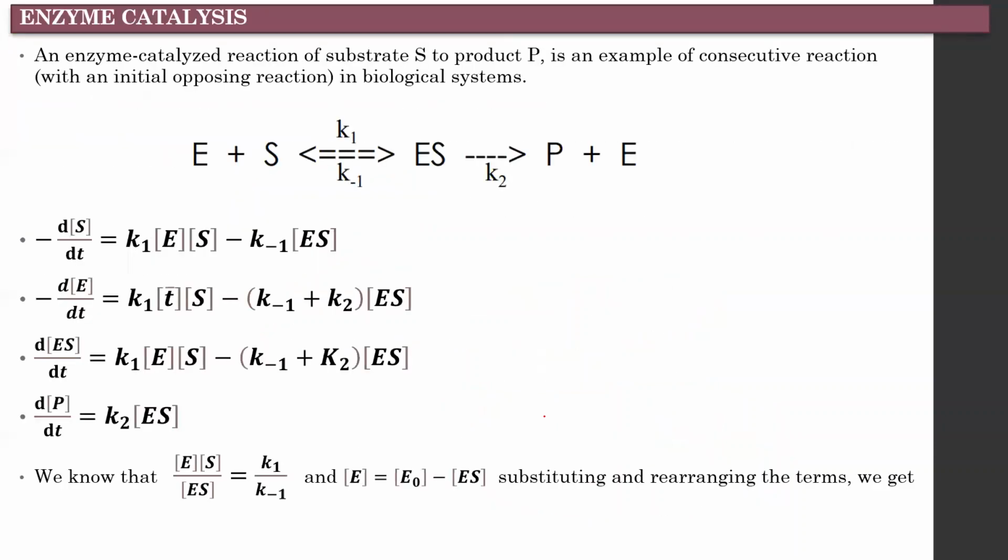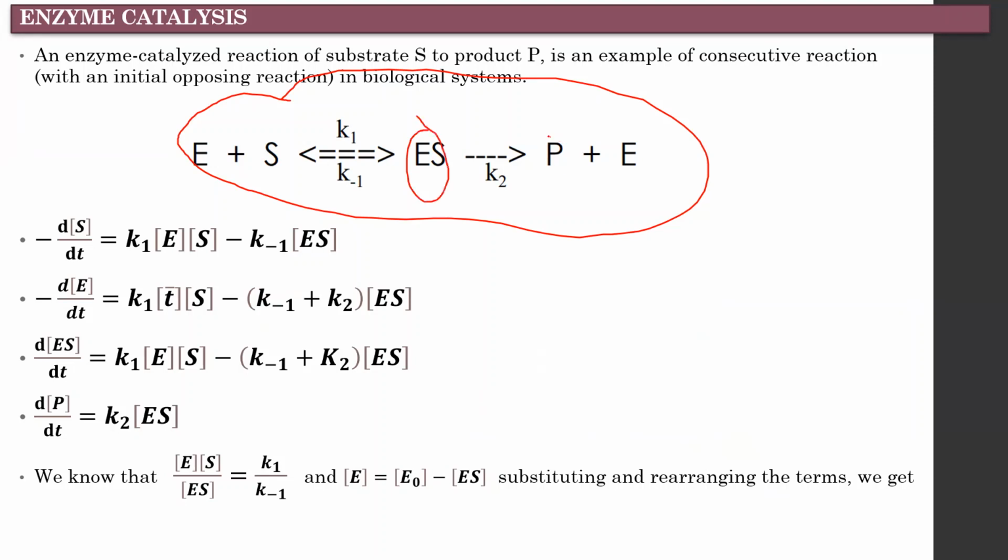Next comes enzyme catalysis. Here also the reaction flows like this. E plus S gives rise to ES, which is the intermediate, which gives product plus enzyme. This basically describes the enzymatic activation with the substrate and how it gives products. First enzyme plus substrate gives the combined enzyme substrate complex, which then forms product plus enzyme regenerated. This is the rate mechanism.